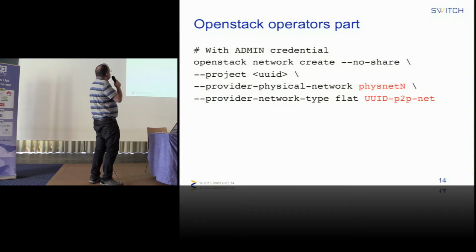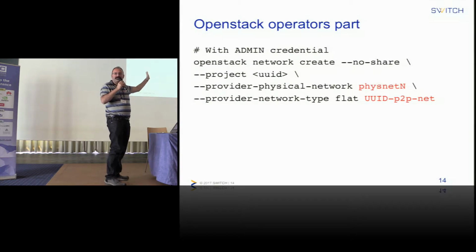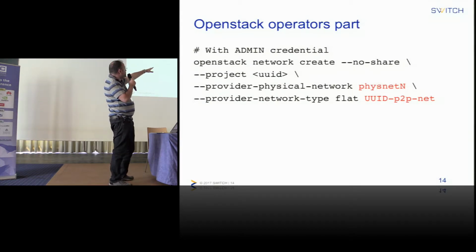And then once this is set up, the OpenStack operator will create a physical network, and this is the command that you need. This is a long command, but I made sure everything was here so that when you download the slides later, if you want to try this setup, you have everything that you need. And then you see that basically here you create the connections within the network node.